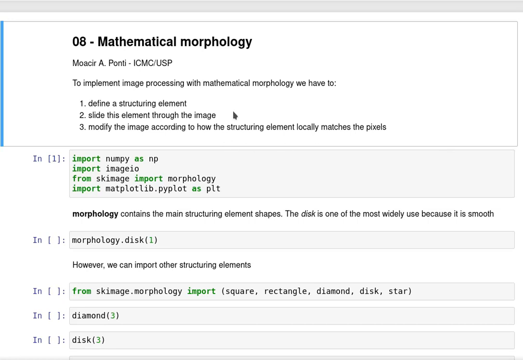So let us see some examples using Python to implement mathematical morphology. For any case in which we want to apply those techniques to process images, we have to first define a structuring element, which will define the shape of what we are going to match in the image. Slide or shift this element through the image, and then modify the image according to how the structuring element locally